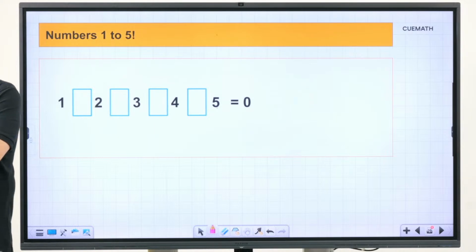First correct answer gets a call out. Rutul says 1 minus 2 minus 3 plus 4 plus 5, that's not 0. Satvik says not possible. Oh, that's interesting. Why is that not possible, Satvik? Please share your reasoning.